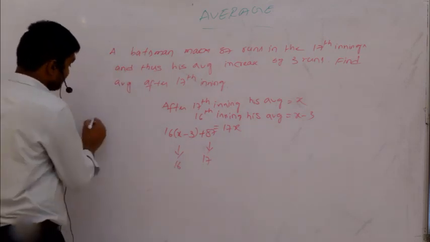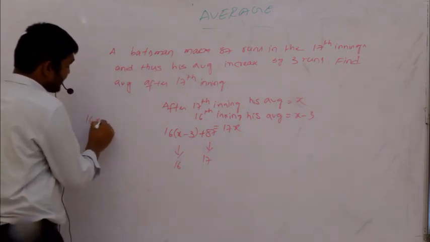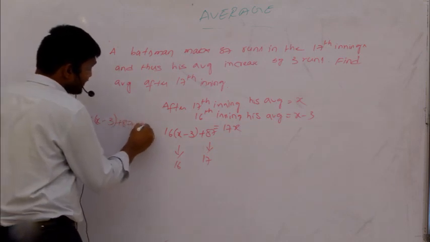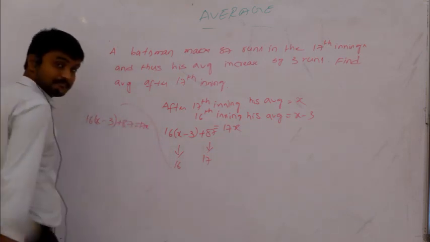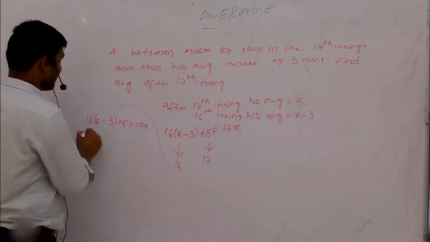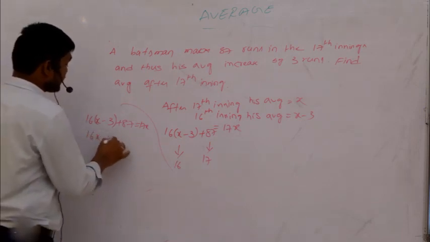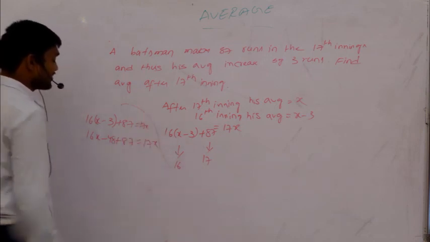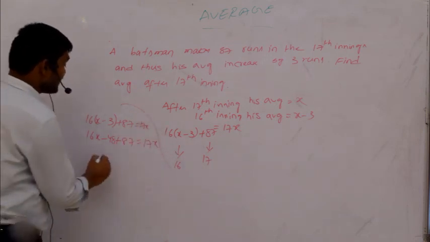So here the 17th inning he scored 87 runs. That's why 16 into x minus 3 plus 87 equals 17x. So here 16x minus 48 plus 87 equals 17x. So that is x equal